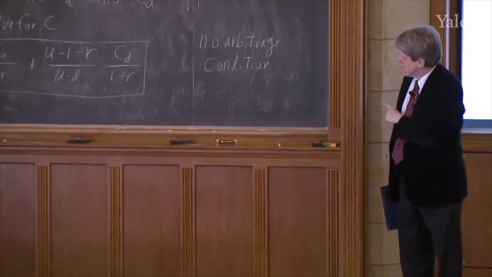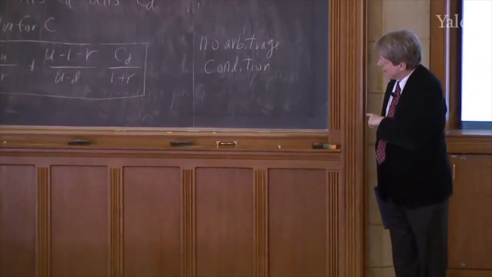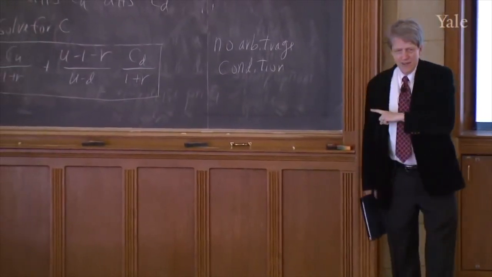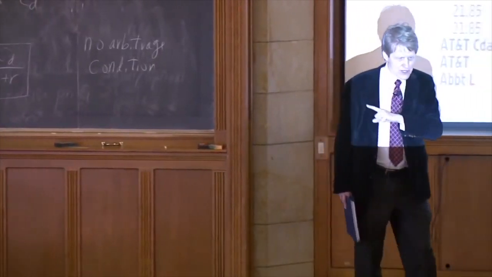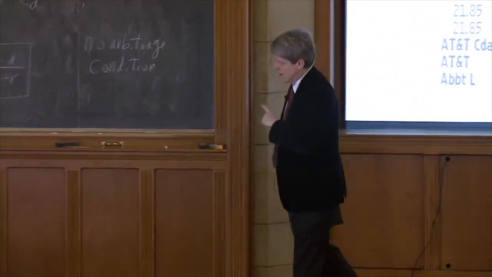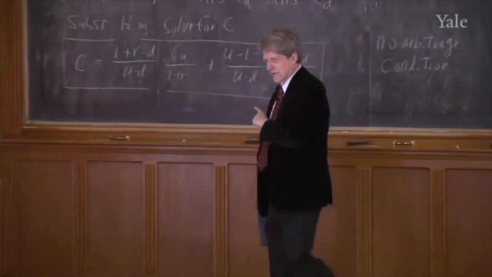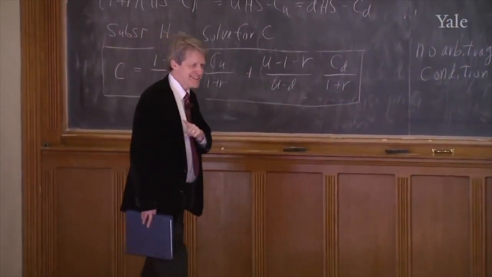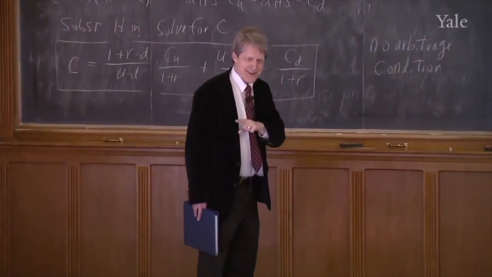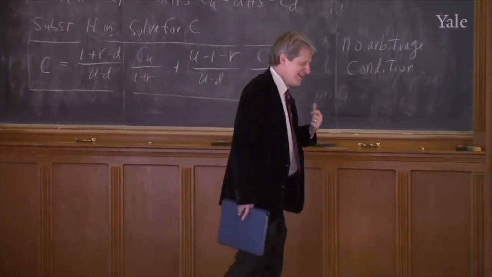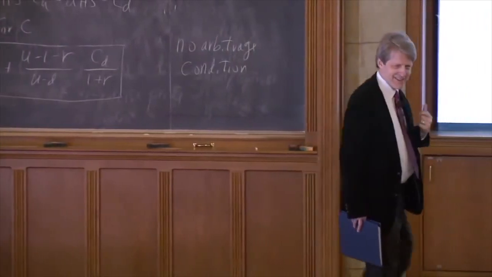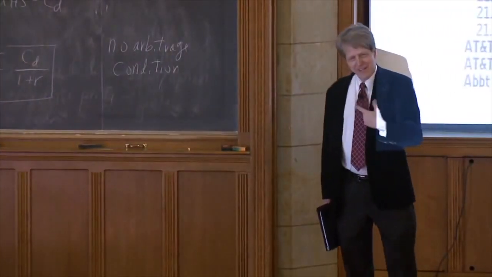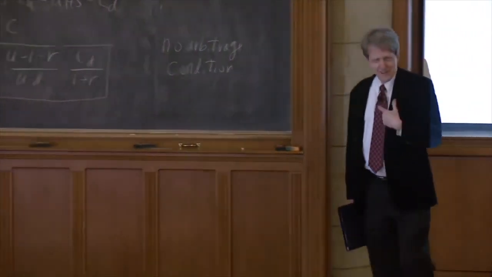So one of the most powerful insights of theoretical finance is that the no arbitrage condition should hold. It's like saying there are no $10 bills on the pavement. When you walk down the street and you see a $10 bill lying there, your first thought ought to be, are my eyes deceiving me? Because somebody else would have picked it up if it were there. How can it be there?